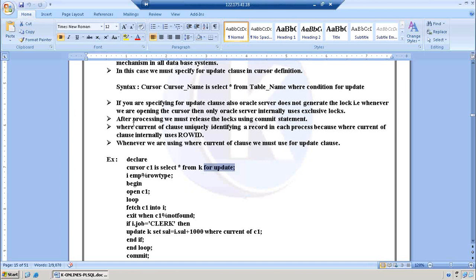We create the locks, right? So the cursor creates the locking mechanism in our database, and we want to release those locks. Why? Because if you do not release the locks, another end user working with the same table will not see the changes, because the locking mechanism is still open. And here, where current of